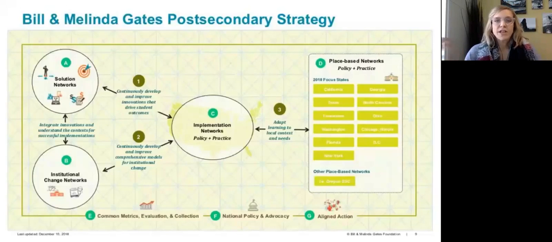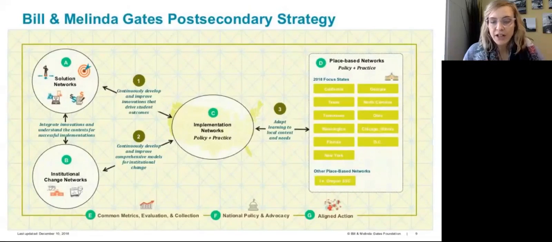And then we have the middle, C, implementation networks. Some of you may have heard of the word intermediary or a channel, but this implementation network space in the middle is where JFF and the networks and the centers are involved.